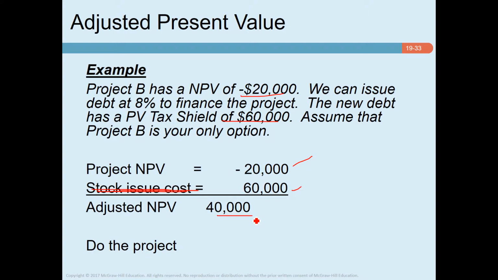So what I am trying to say here is that sometimes a project's NPV can be positive, so apparently we should accept the project. However, as we incorporate financing side effect, the adjusted present value may become negative, so the project may become unacceptable. On the other hand, sometimes a project NPV can be negative, so apparently we should reject the project. However, as we incorporate financing side effect, for example, the present value of tax shield, adjusted present value becomes positive, so the project becomes